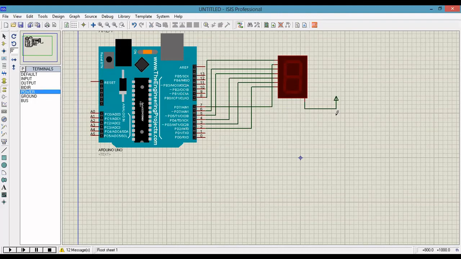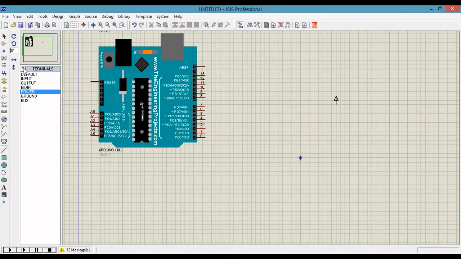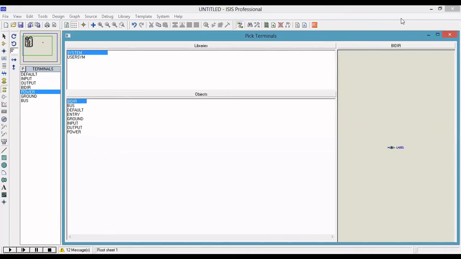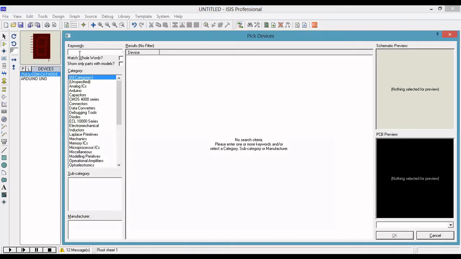Common cathode means the LEDs have two terminals. One is called anode, another is cathode. Cathode is connected as common and it is connected to the ground. So this is the small change. But you have to change the 7 segment display because this is the common anode connection.